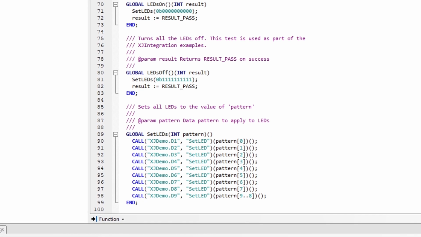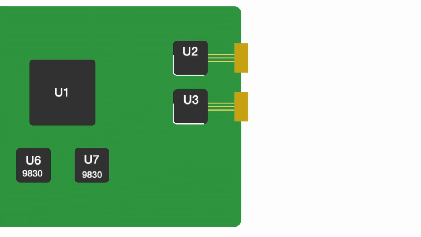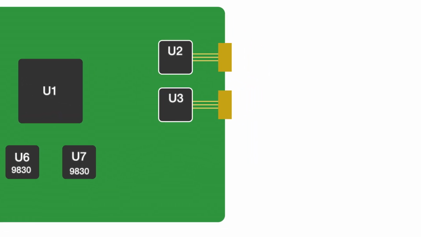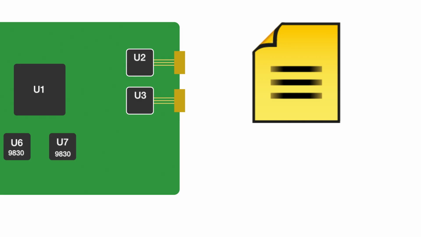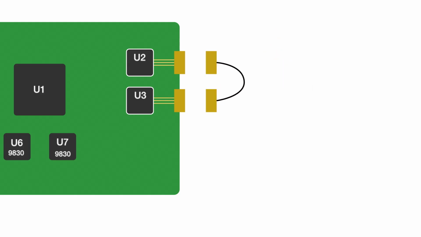Say your board's got a pair of RS485 transceivers. They'll both be associated with the same test device file, which contains functions for things like controlling their outputs and setting them up to detect received signals. But if you want to do a loopback test that sends data between the two devices, your test needs to have call statements to access the two specific devices, U2 and U3. The test is therefore only applicable to those two devices and how they're connected during the test. In that situation, it's a circuit code file you need to use.